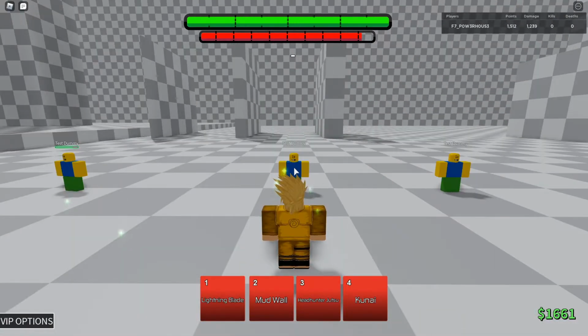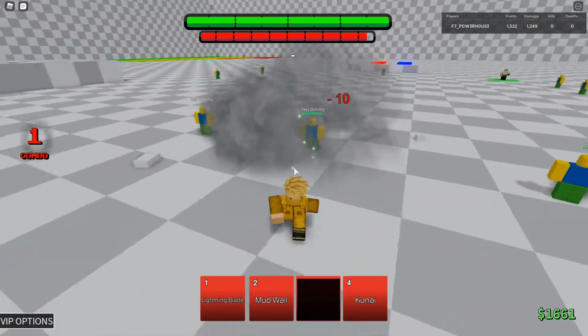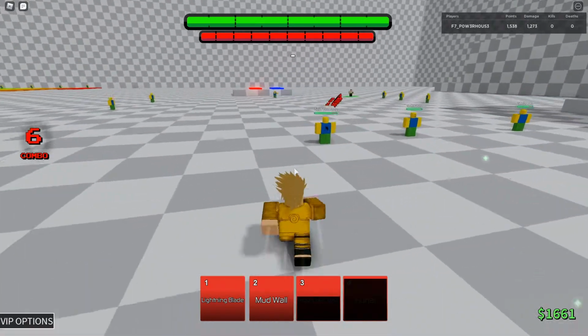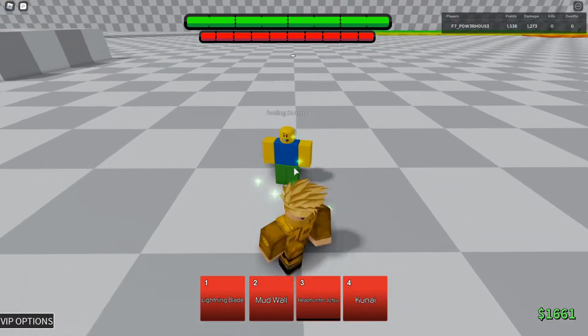So third is Headhunter Jutsu. You kind of teleport to your enemy and pull them down for 10 damage. It's good for ending combos. And then finally you have kunai. These kunais do go in a straight line and don't spread out. And they do around 20. So his combos...